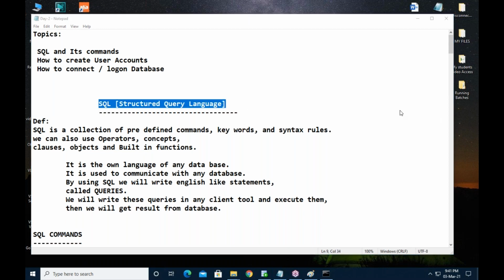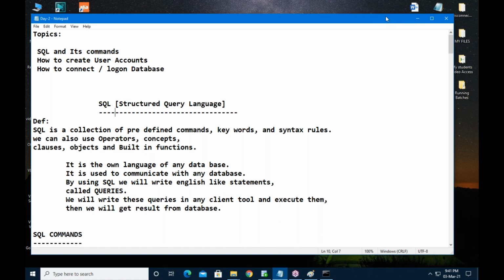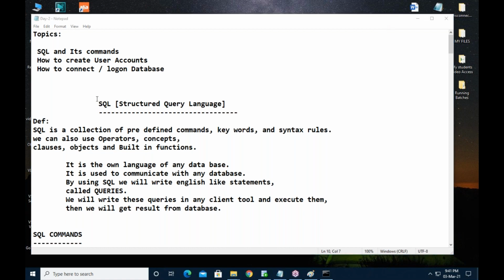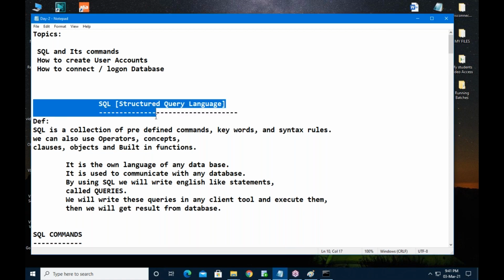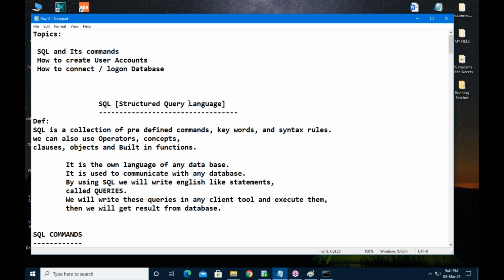SQL stands for Structured Query Language. It is a language to communicate with a database, any database, not only Oracle. SQL is the common language to communicate with any database.